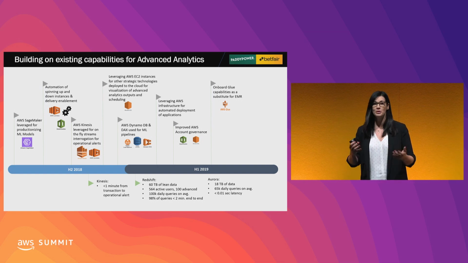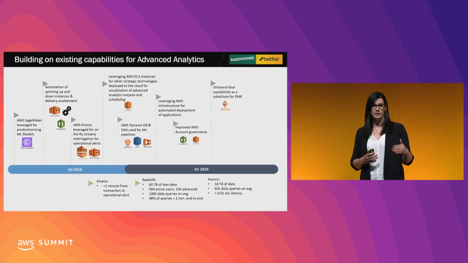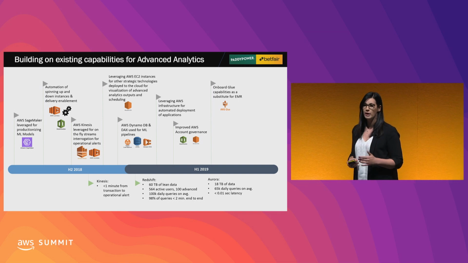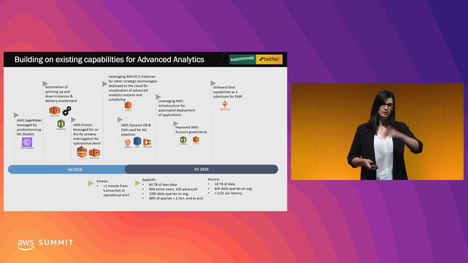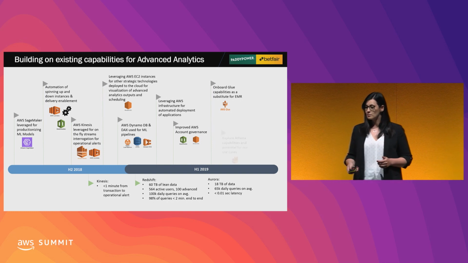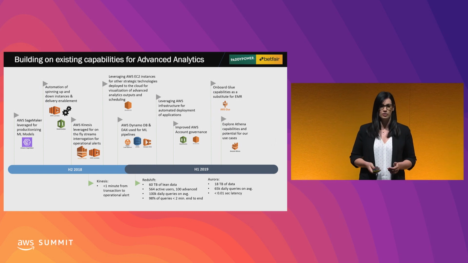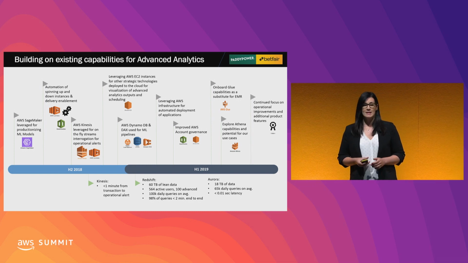AWS are continuing to release new technologies, and we want to make sure that we are staying front and center with that to not miss the opportunity. So right now, we are onboarding Glue capabilities as a substitute for the early-on EMR, which is still present and functioning. And we are exploring Athena capabilities for our potential use cases. Last but not least,